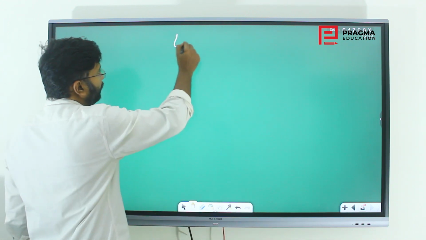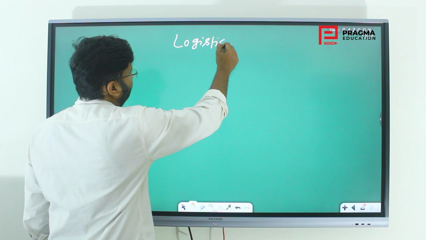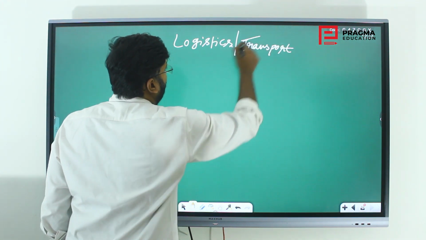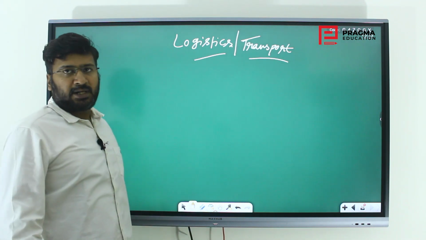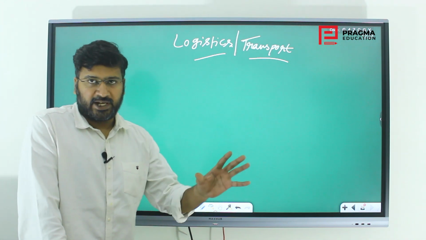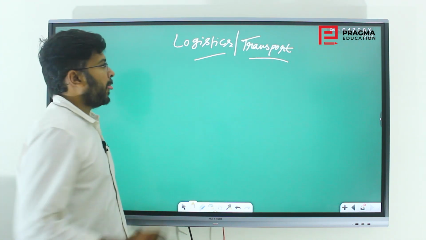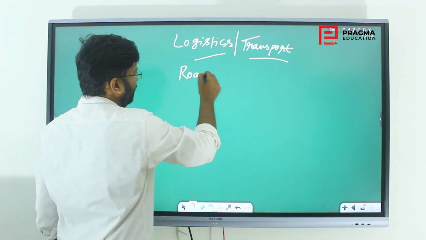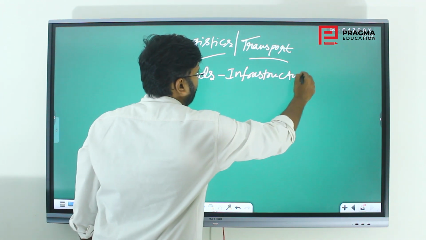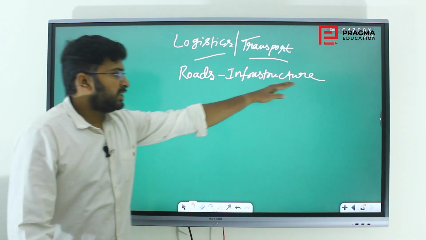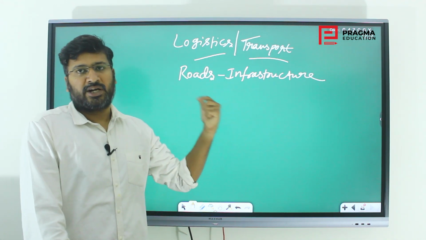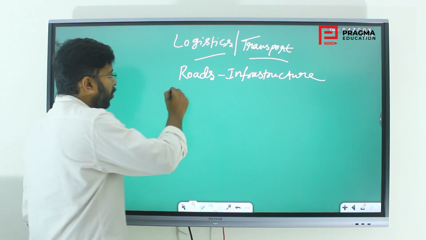First example, I would like to take the logistics sector or transport sector. All various types of goods, raw materials and other intermediary goods are moved here and there all over the country every day. So it is a very huge sector. I would like to emphasize here on the roads, or say infrastructure. If this infrastructure is not robust or the roads are not proper, the connectivity is not good, the condition of roads is bad, it will take more time